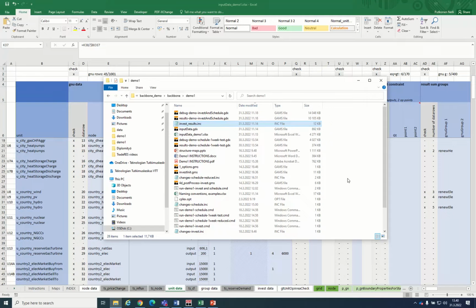This video will describe interpreting the output data of the Backbone Demo 1 model. To run the model and generate the results, please see the previous video on how to install Backbone and run the demo model. After running the full year, invest and schedule run,